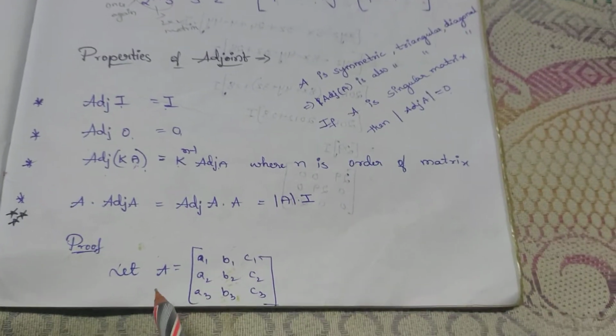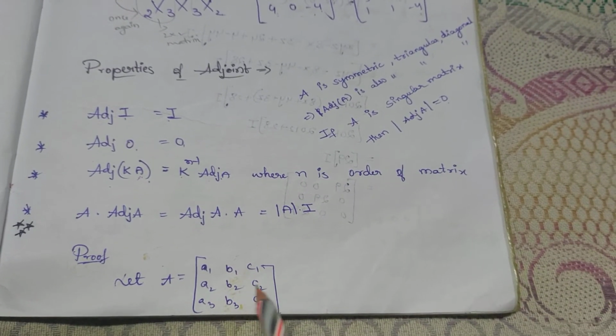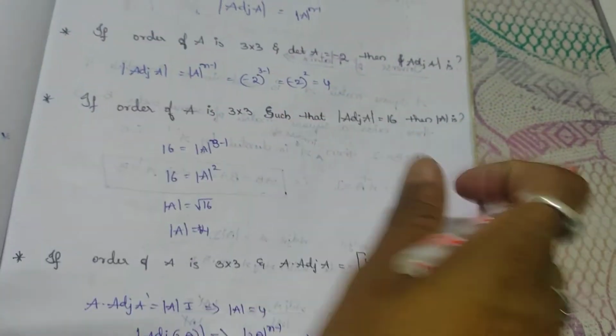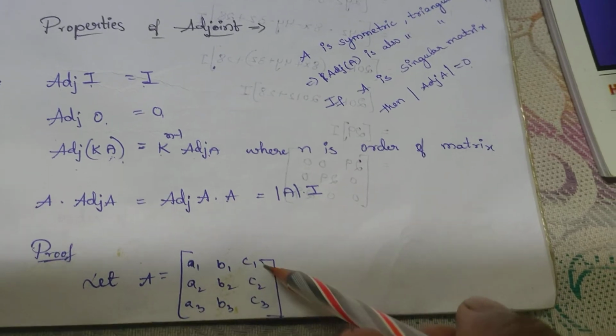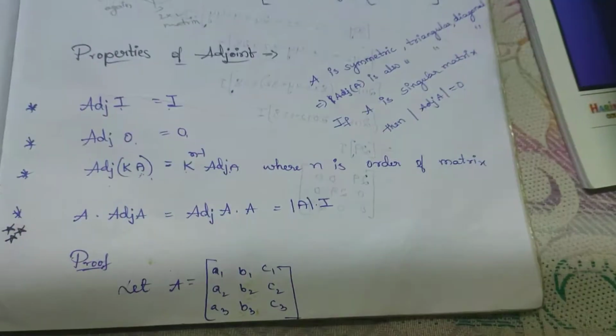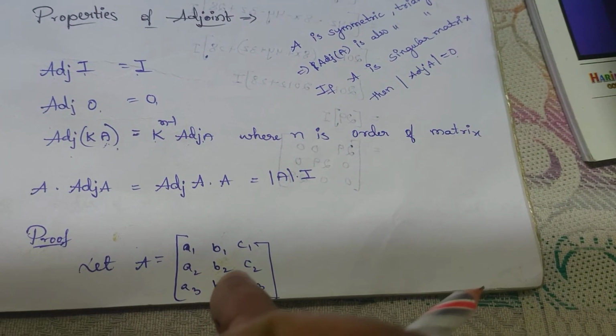Proof of this one is nothing but that A is equal to A1 B1 C1, A2 B2 C2, A3 B3 C3. Now adjoint of A is nothing but what? In the adjoint of A, the cofactors of this one you take as capital letters. These cofactors with the transposition give